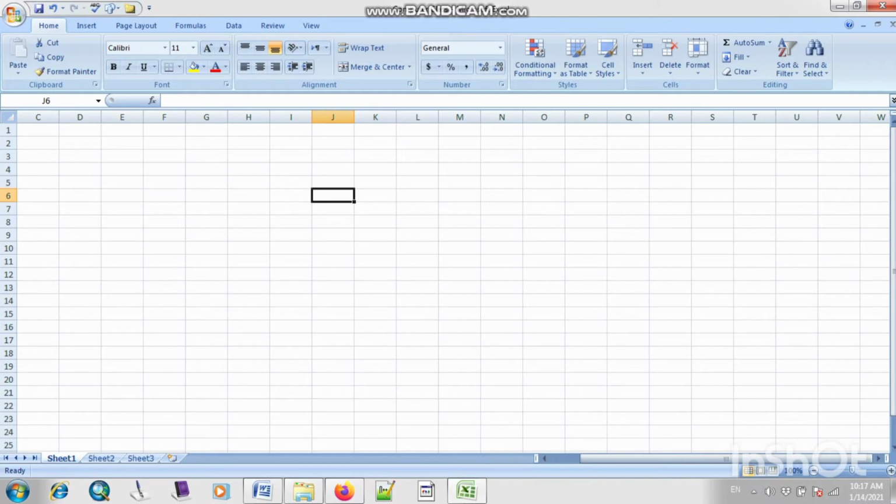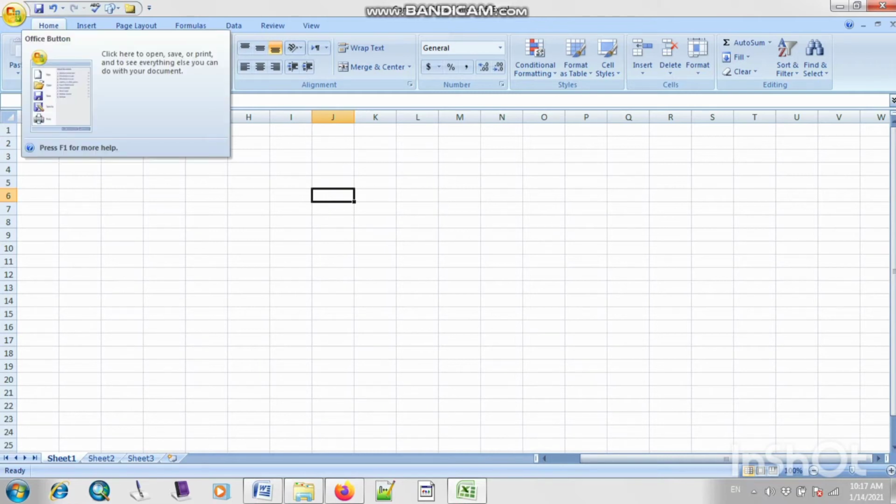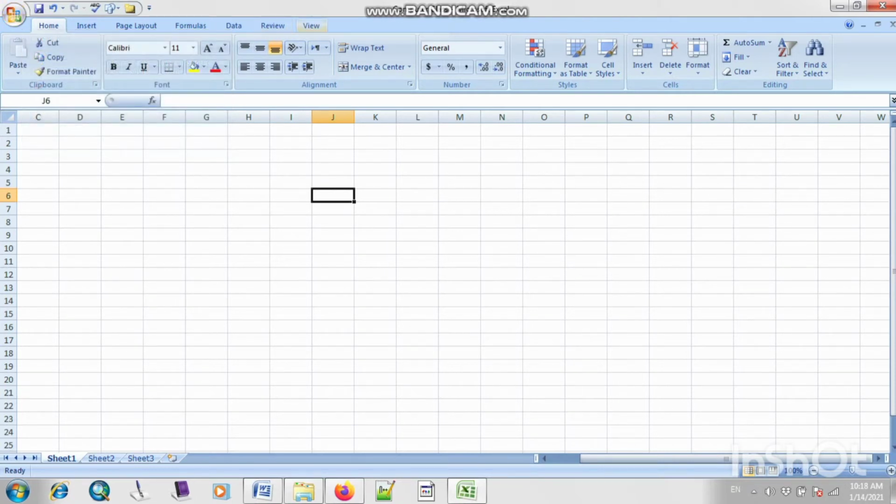Okay, so I hope this lesson is clear to all the class. We have read some components of Microsoft Excel. The first one was the Microsoft Office button. We have some commands, you have to use them step by step. Then we have studied the title bar. The title bar is one of the top bars of your window where we can save your file, and it will appear on top of your document.